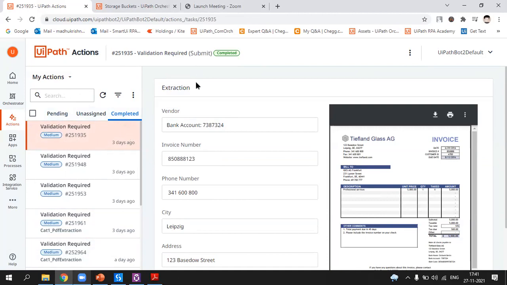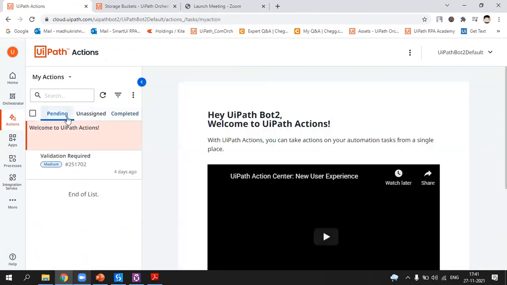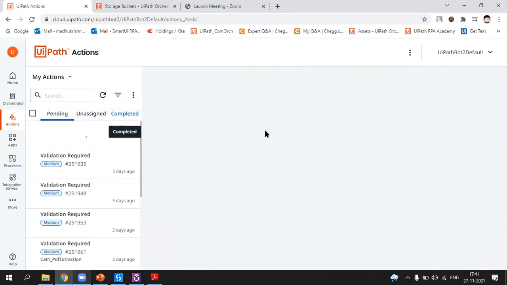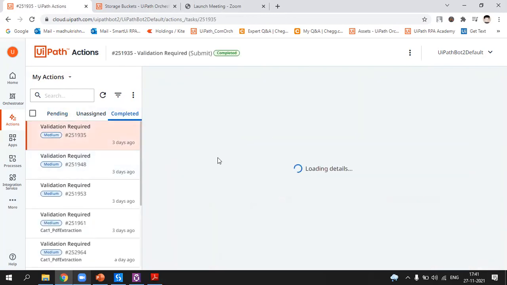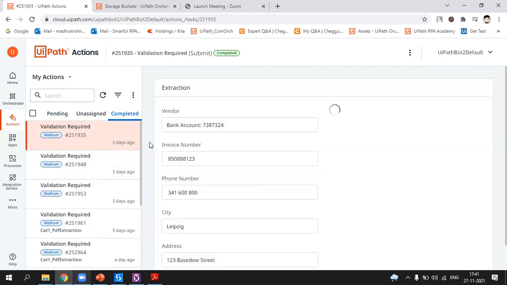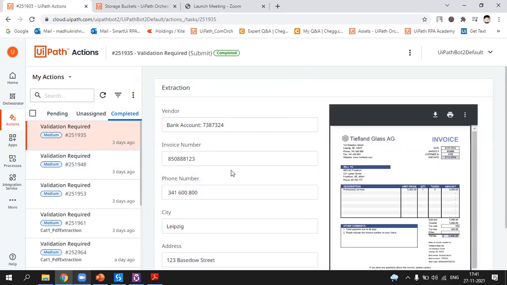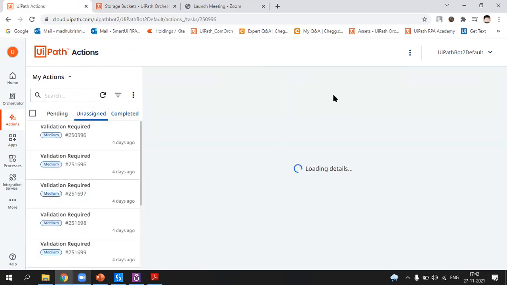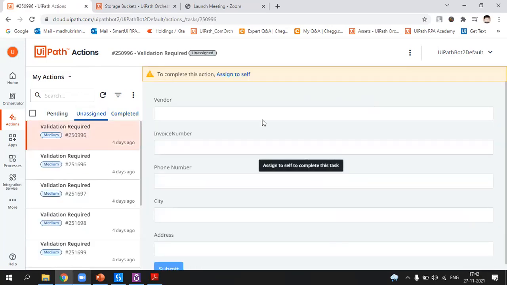Once you assign it to yourself, that action item will go to completed. So the task will be completed for that. And yeah, that can also be possible. Once it is completed, this information can be added to a queue, and then another bot can scrape that and create another task item. That can be assigned to the manager, so he can validate and then complete. Yeah, that can also be possible. Yes. Okay.